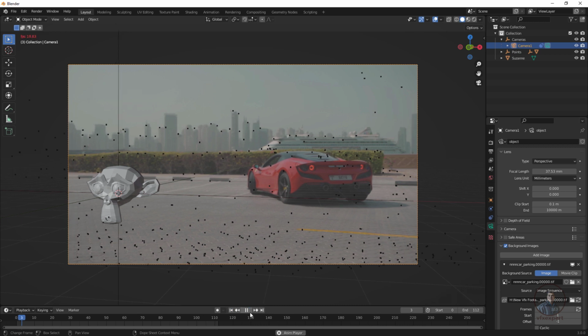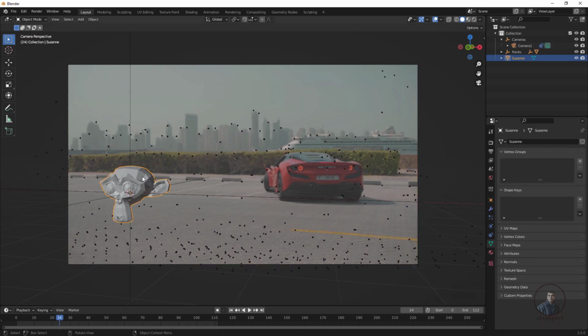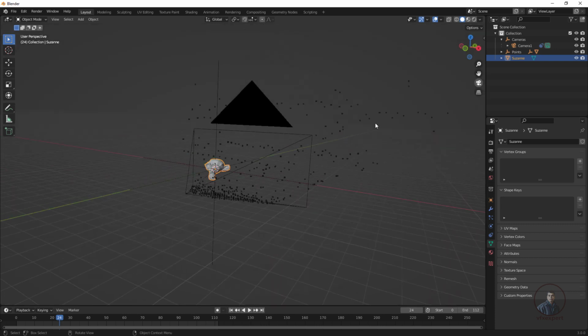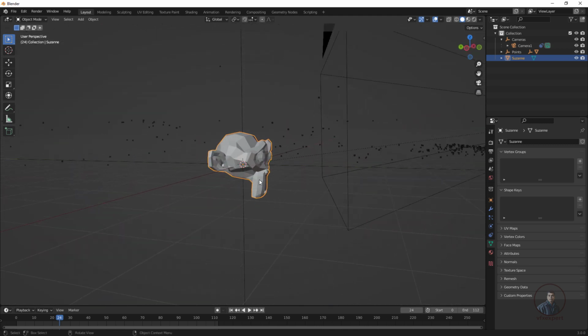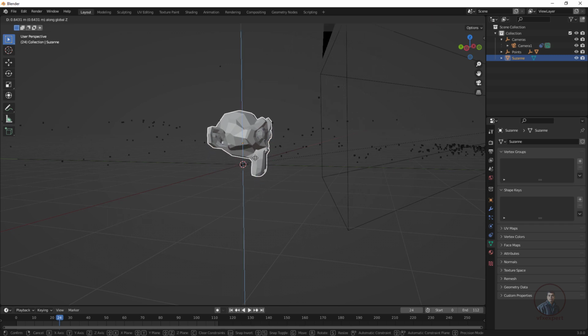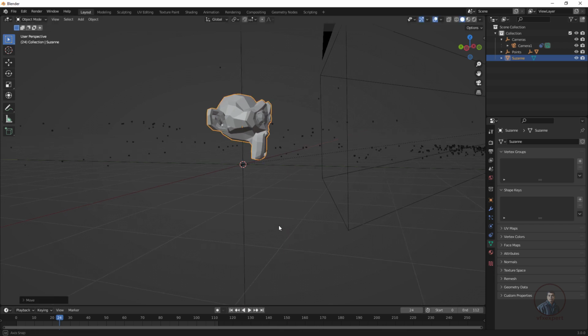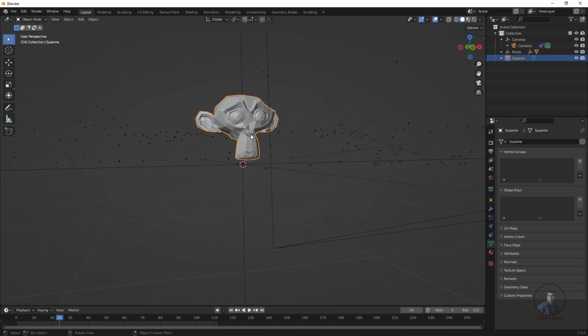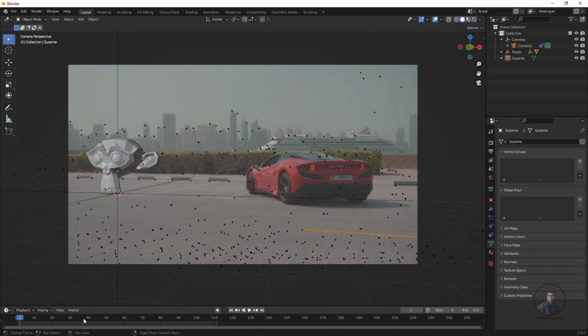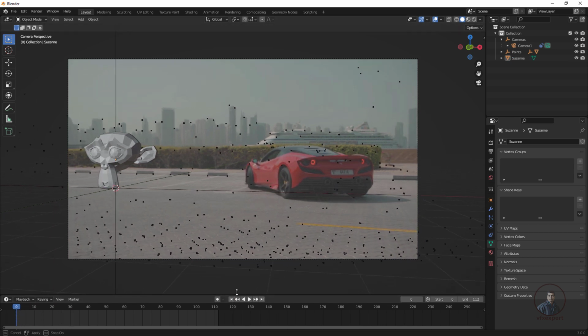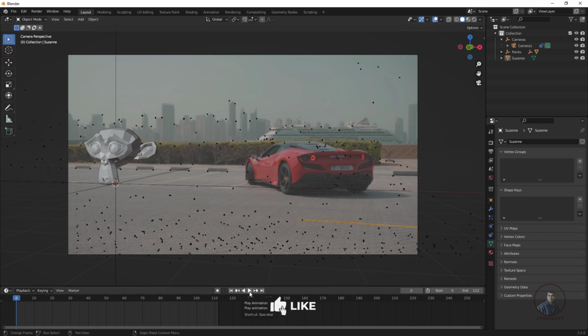Just play and check. Now select this model and place it on top of this grid, because actually it is not placed on the grid. If you want to check, we can simply check through this perspective view. You can see. Now select this model, press G for the move tool. Now press Z and move it and place it on top of this grid here. Again press G then Z and place it here. Now select this camera view again. Now this is looking good. Now simply play and check here. Let me adjust it here. Now play and check.